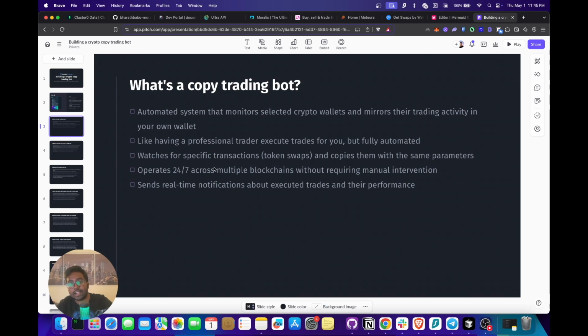So it's basically like having a professional trader execute the trades for you, because you're following some of the professional trader wallets out there. What this can do is specifically look for token swaps, and it's going to copy them with the same parameters. You'll also be able to customize this bot yourself. So if you want to omit certain transactions or certain tokens, and if you don't want to do the complete transaction value and want to do like 30%, etc.,